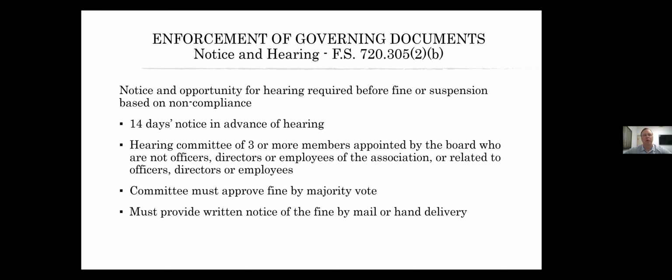The committee members then consider the case, and they have to approve the fine by a majority vote. If they do approve it, there has to be a mailing or hand delivery of the actual fine notice.